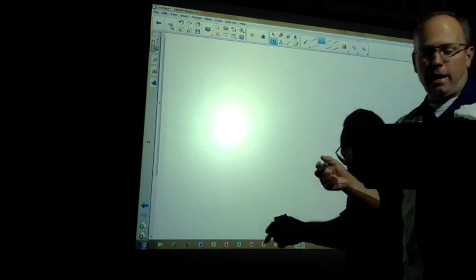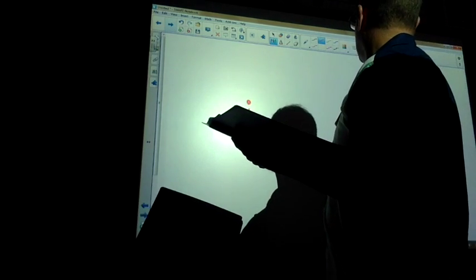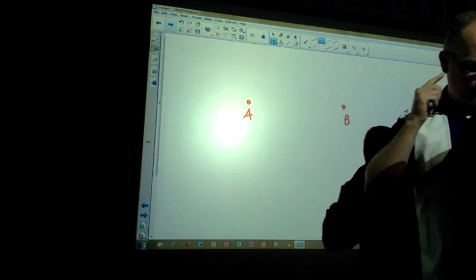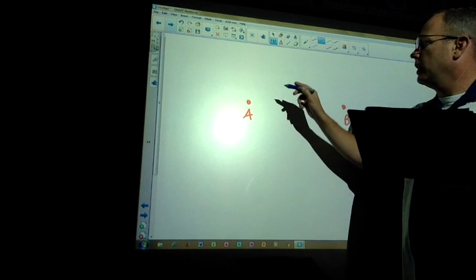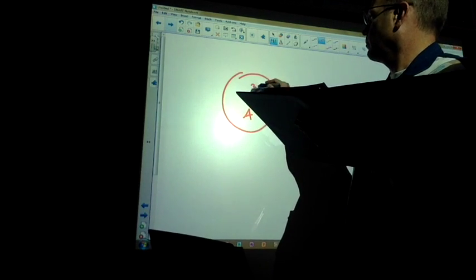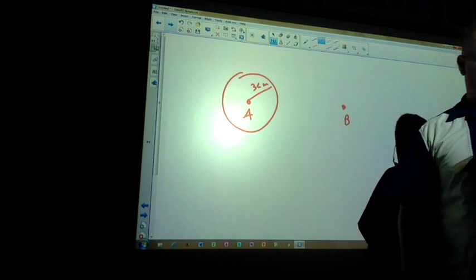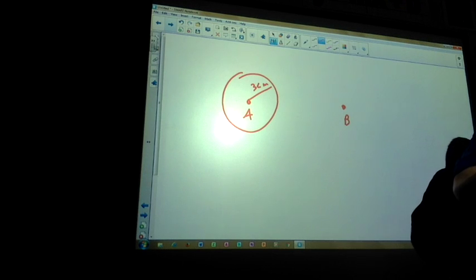Okay. All right. So A, B. Still with me? Use your compass to draw a circle with radius 3. All right, so I'm just going to do this. Still with me? And of course, my A and B look different than your A and B. Your A and B down here are different. And then